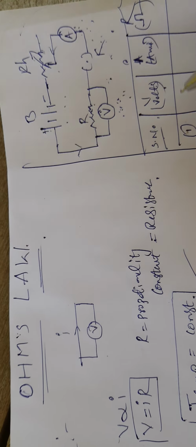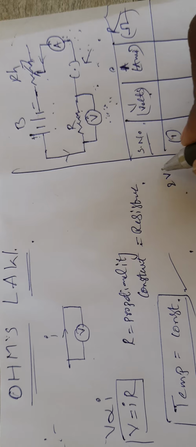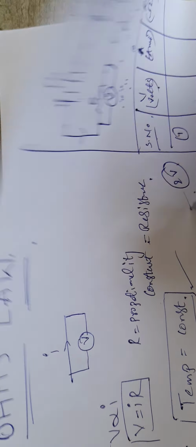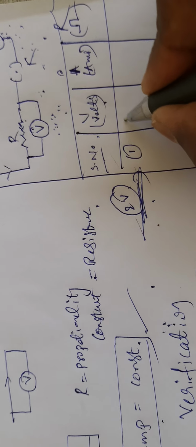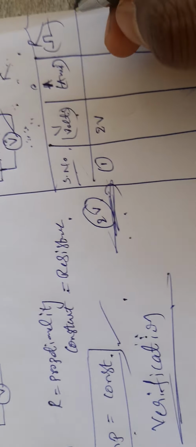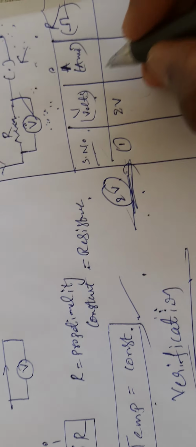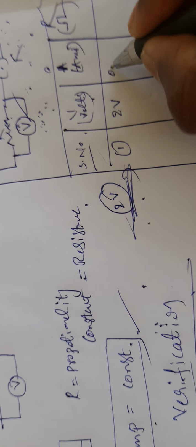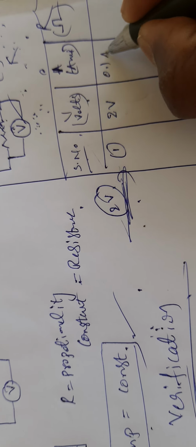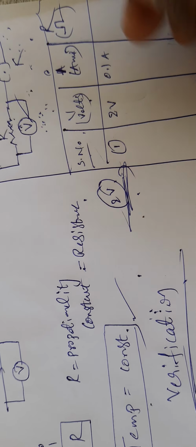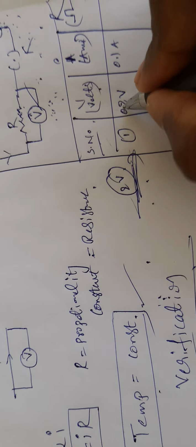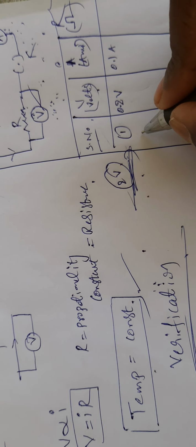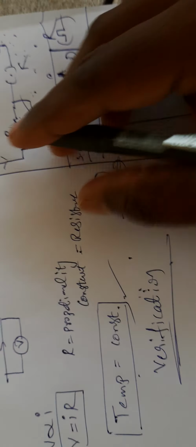Let us say first, at a constant 2 volts the battery is on. At that time, at a constant 2 volts of battery, you obtain some value in the voltmeter across the resistance. Then the current you have obtained, let us say, 0.1 amperes. The voltage, if you take a very small value, like 0.2 volts, you can take. Now the second value, with the 2 volts constant battery only.